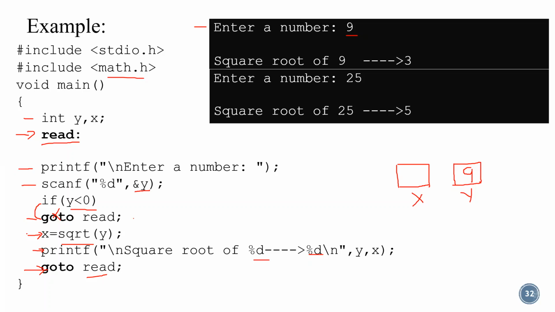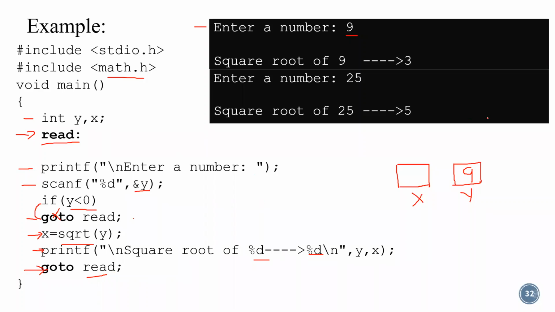It will perform the square root of the value which we have entered, and then it will move to the next line and again go to read. So it will be an infinite loop. Even if we give a value lesser than 0, or a number greater than 0 and we are able to find the square root, this loop will be continuously executing. How to give a condition in order to exit from the loop? You can give an exit condition, otherwise whatever number you enter, it will be an infinite loop.